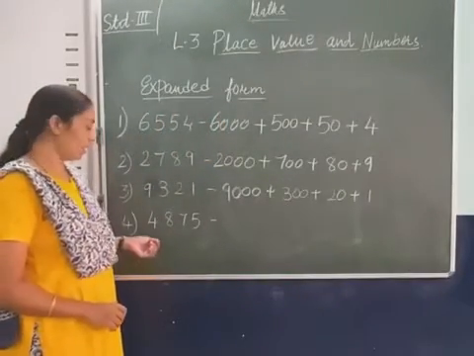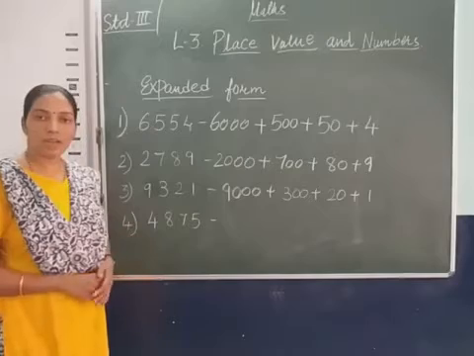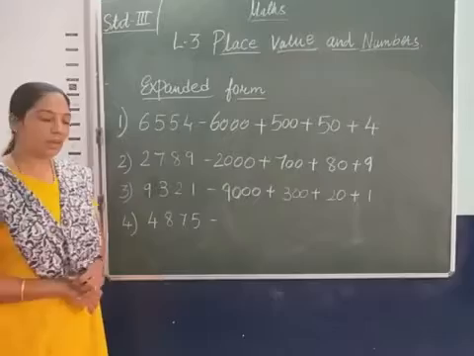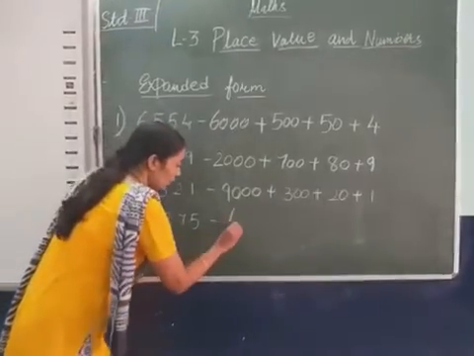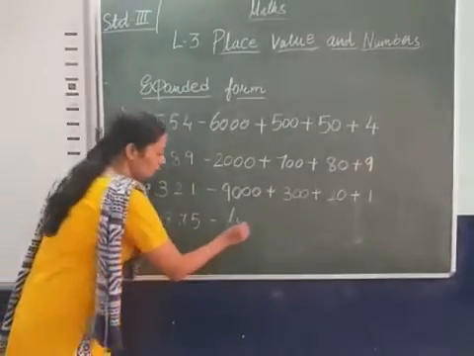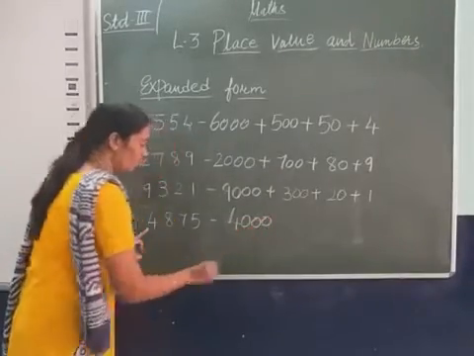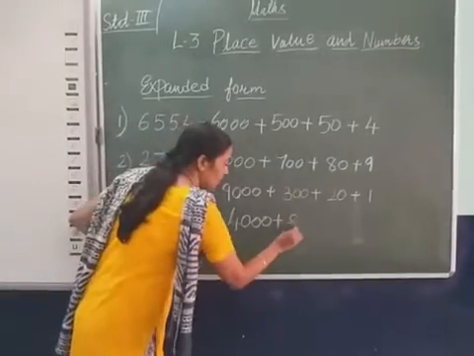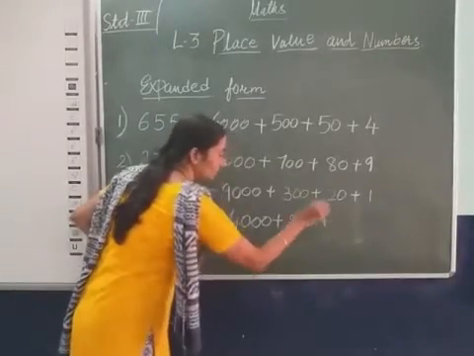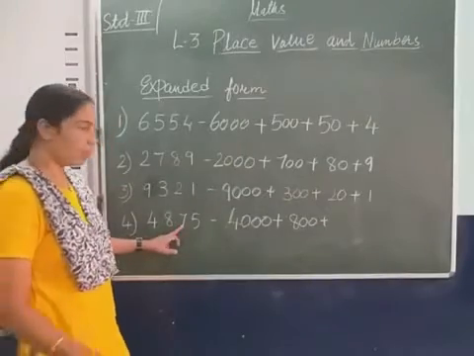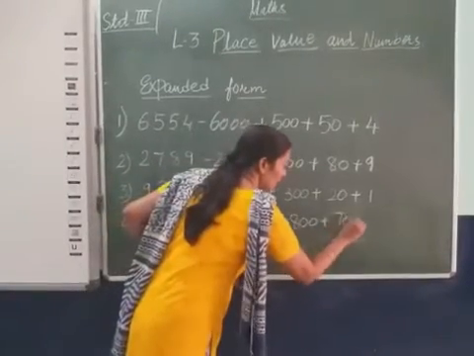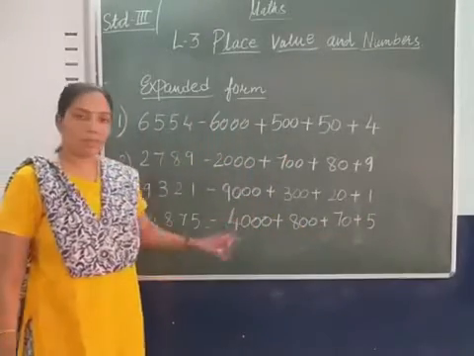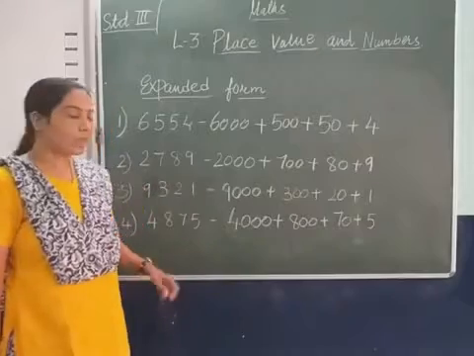The next number is 4875. We read as 4875 and its expanded form: 4 is on the thousand place, so we will write here 4000 plus 8 on the 100 place, we will write here 800 plus 7 on tens, 70 plus 5 on the ones place, we will write here plus 5. Again,